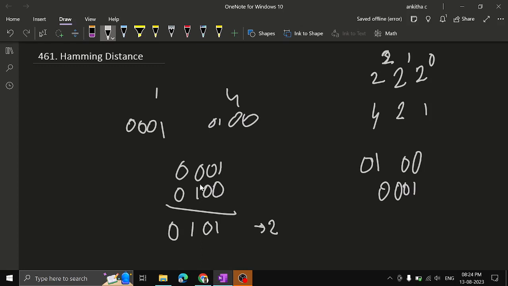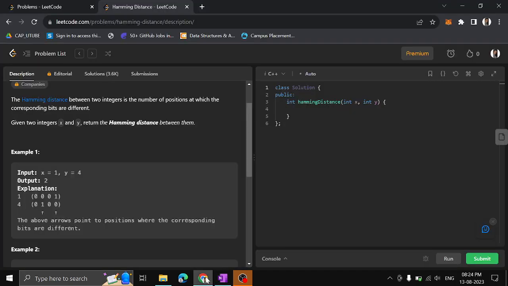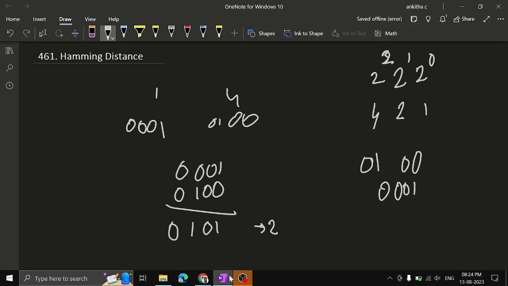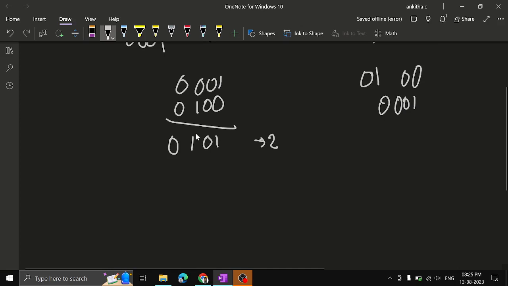So 1 0 0 1. These are the two positions at which the corresponding bits are different. So we have to calculate the Hamming distance between the two integers. That means if they are 12 bits, we have to represent the number in the binary format and find the value. So how do we do it? First, what we can do is,